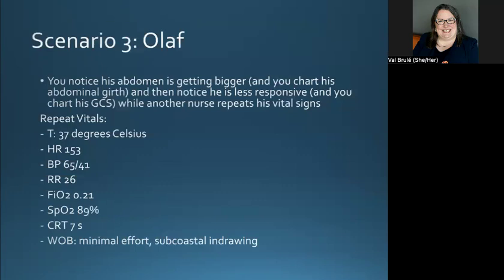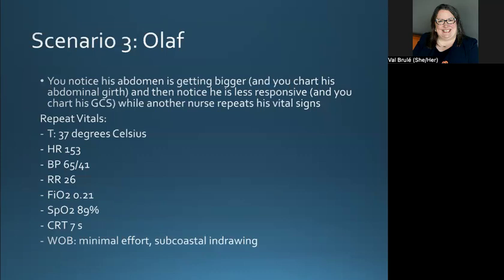When you go back to reassess Olaf, you notice that his abdomen's actually getting bigger. You chart his abdominal girth, and then you notice actually he's less responsive when you had thought he had been sleeping. And you go to chart his GCS, while another nurse you've asked to come help you repeats his vital